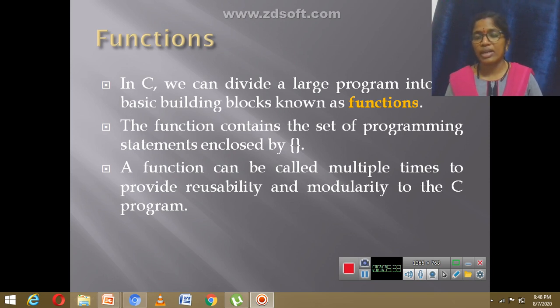Suppose I have a large program where I want to search for an element from the given set of elements. Searching means finding a number from a given set of elements. Suppose I have given some 6 numbers. After that, I want to find an element, whether this element is available in that list or not.